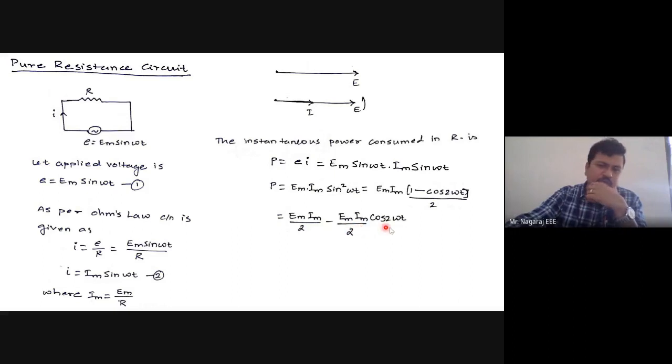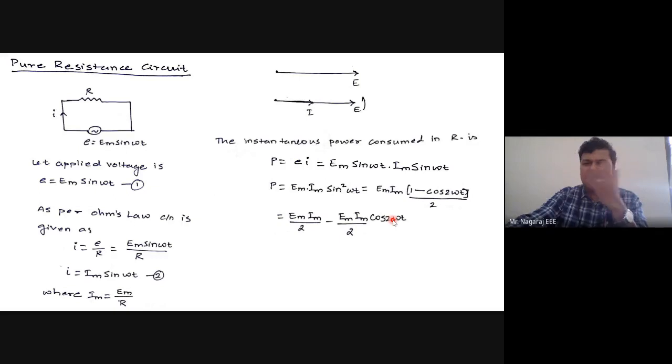Whereas the second term has a cos function. What is a cos function? It is cosinusoidal. The nature of cos is also sinusoidal, but it is cosinusoidal. The sine wave will start at 0 with 0 value. At t equal to 0, sine will start from 0, whereas cos will start from 1. Cos 0 is 1, sine 0 is 0. If you draw a cosine wave and a sine wave, the nature will be the same. Both are sinusoidal only. Cos is nothing but cosinusoidal. It is coexisting like a sinusoidal waveform.